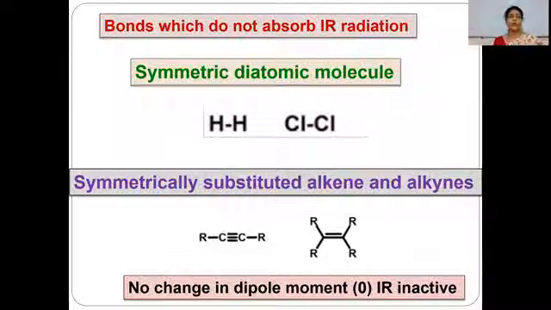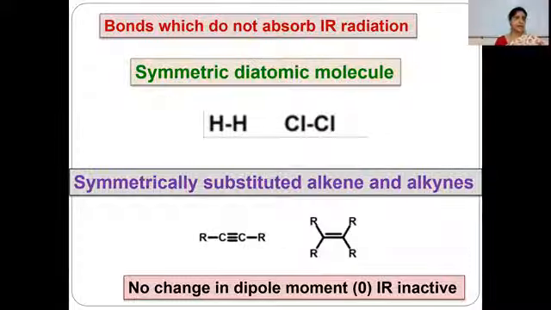Bonds which do not absorb IR radiations. Only those vibrations will be recorded which involve a change in fluctuating dipole moment. For a fluctuating dipole moment, there must be a change in the polarity of the atoms connected by the bond. If atoms of the same polarity are connected by the bond during the vibration, there will be no change